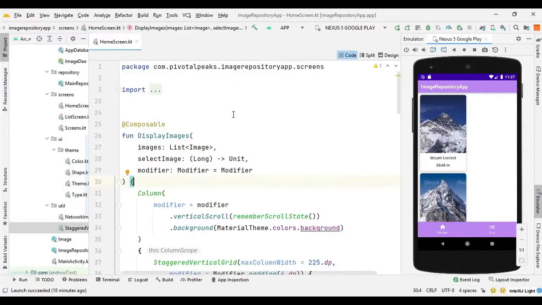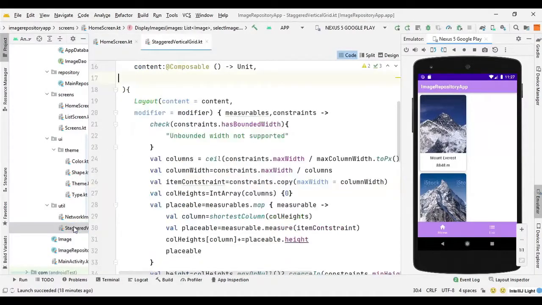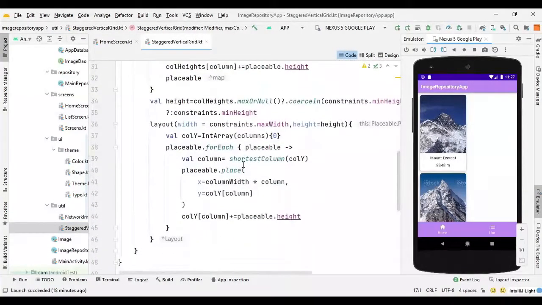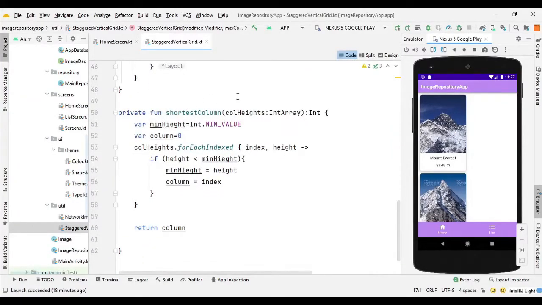So now we need to fix the home screen, as it's only showing one column, but we need at least two columns. I realized that I made a typo when I was creating the staggered vertical grid. So here in the staggered vertical grid, in the shortest column function, the minimum height should be set to Int.MAX_VALUE and not to MIN_VALUE.